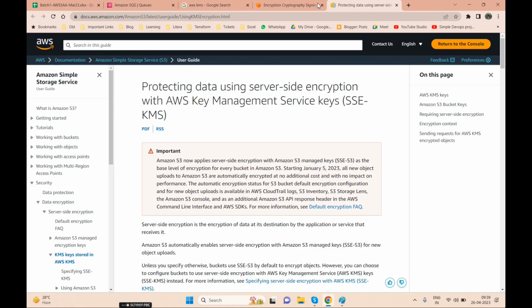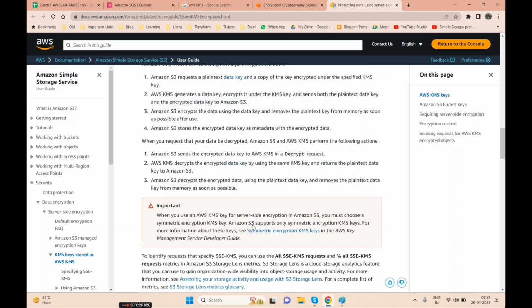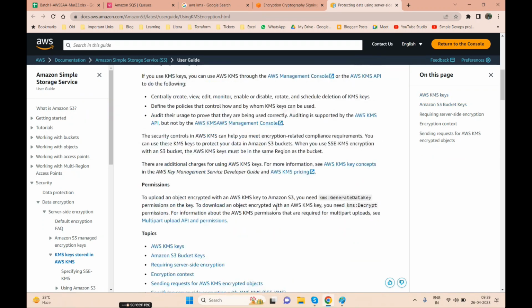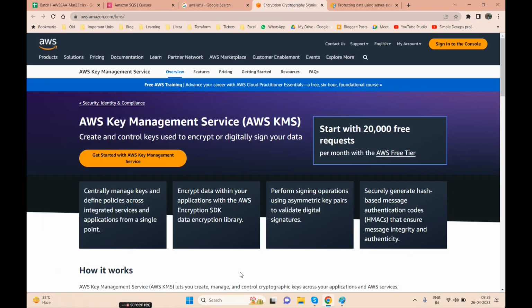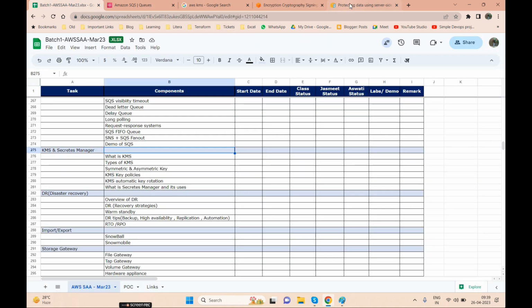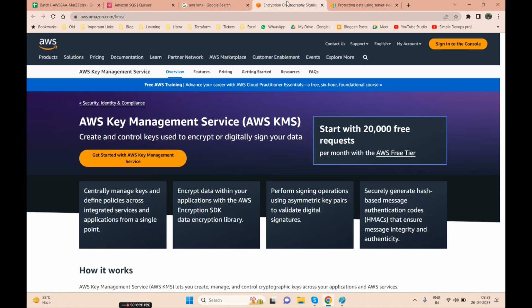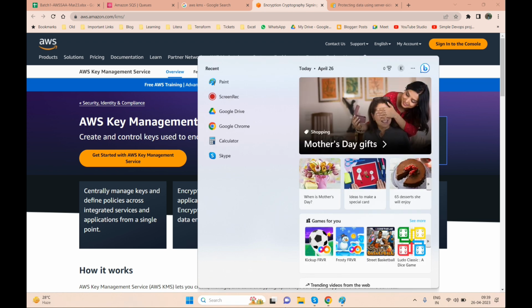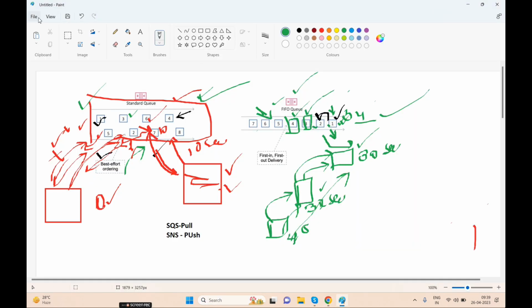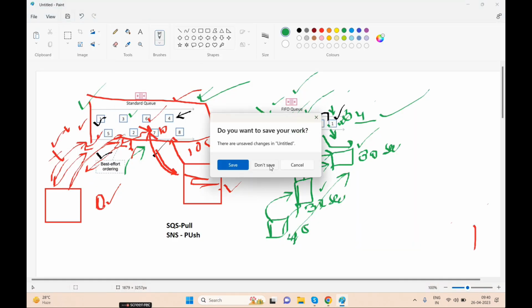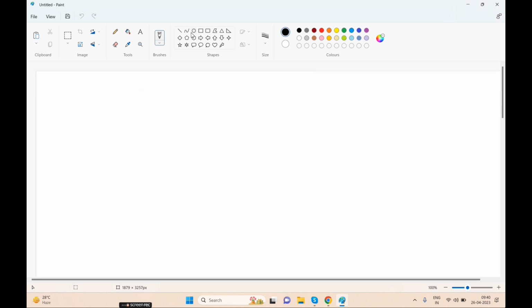Each and every service we have seen till now has that one button, the key, the encryption part. How does that encryption happen? If you don't know the encryption part, let me tell you. There are two types of encryption.